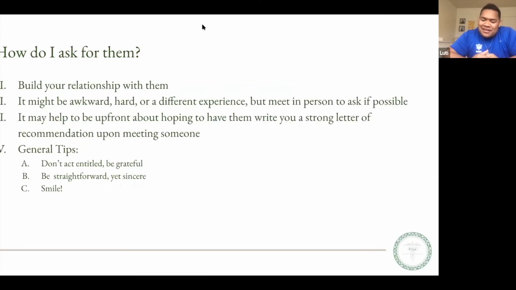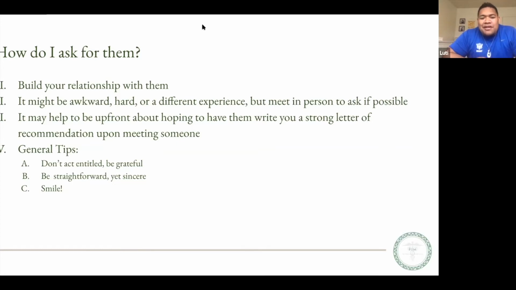This one is kind of a hard question for me to dissect. When you're asking for these letters, there are different ways to do it, but in step fashion, I felt the primary thing you need to do is build a relationship with them. Like I said, these people should know you. So start from the very beginning. Every person that you would want a letter from, build a relationship with them. Show them what you can contribute, and why they would want to write a letter for you.